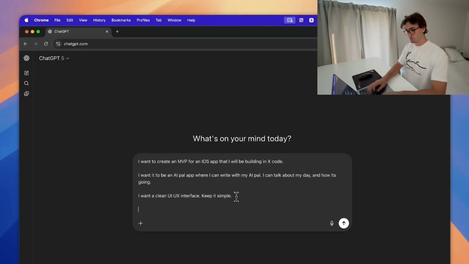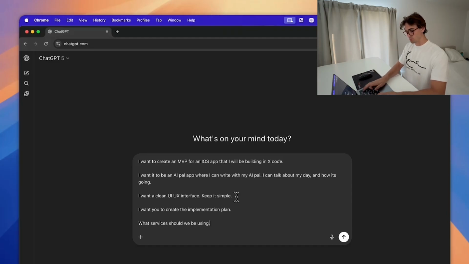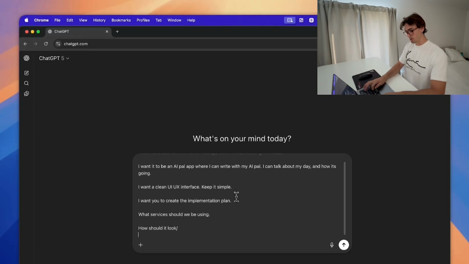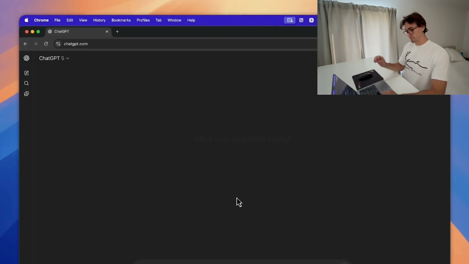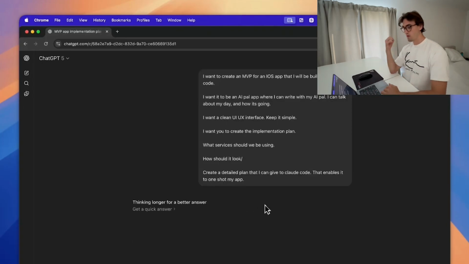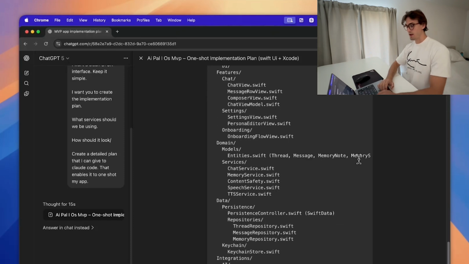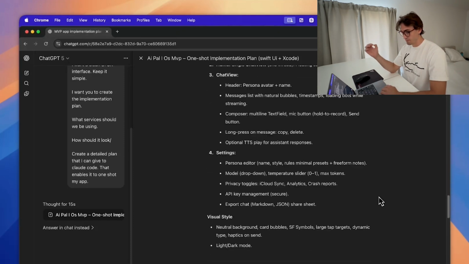first, and then we write, I want you to create the implementation plan. What services should we be using? How should it look? Create a detailed plan that I can give to Claude Code that enables it to one-shot my app. And then we just hit enter. And now it will create us a detailed plan for how we actually build this AI pal app. You can see it even creates the file and structure, gives us the entire detailed plan for how we should